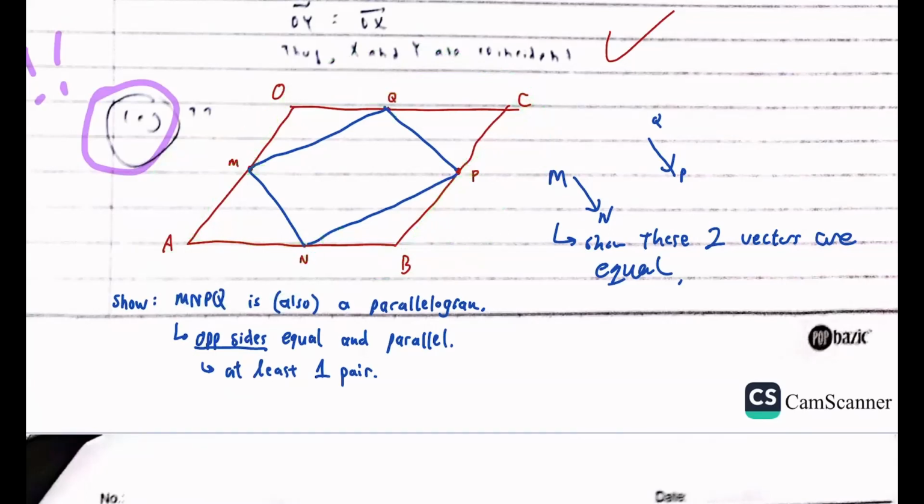Then you need to figure out that vector MN and vector QP are parallel and equal. Of course, in the world of vectors, when you say equal, straight away it means parallel and same length. Once you have that, you can have a parallelogram. Let's think: two lines that are parallel but different length, what shape is this? Trapezium. But now if I specify that they are parallel, and also the same length,